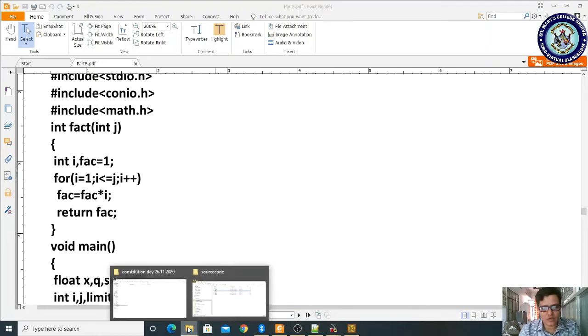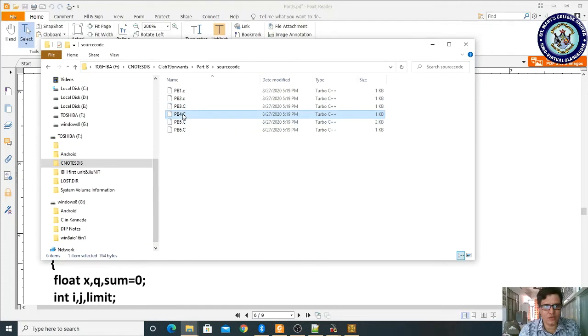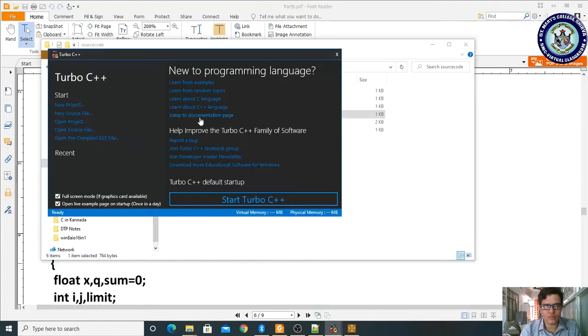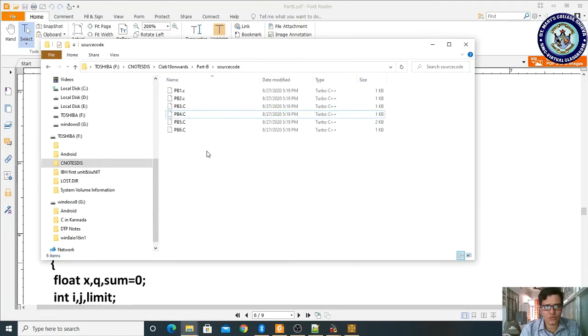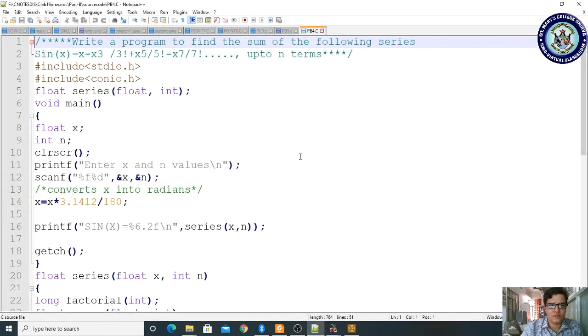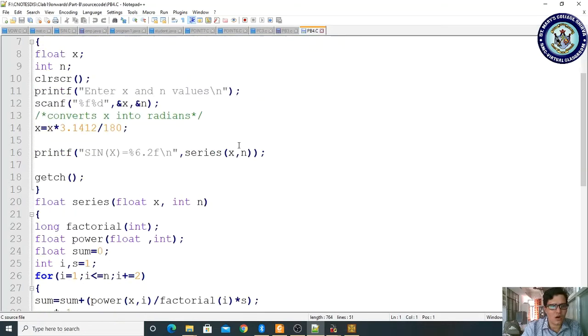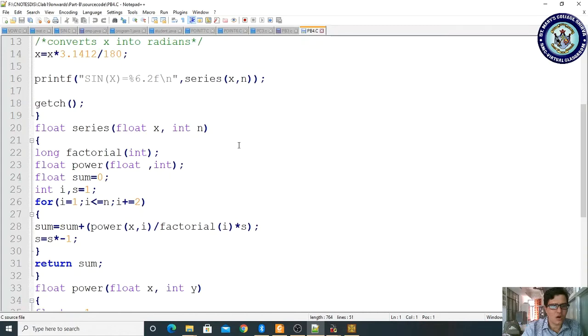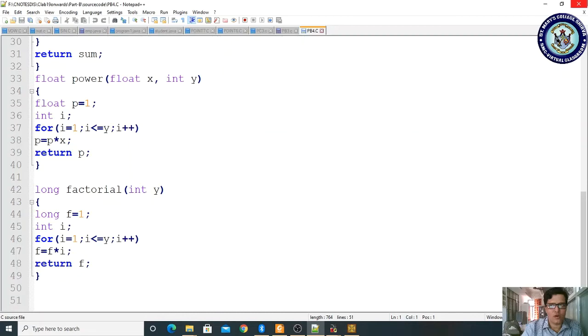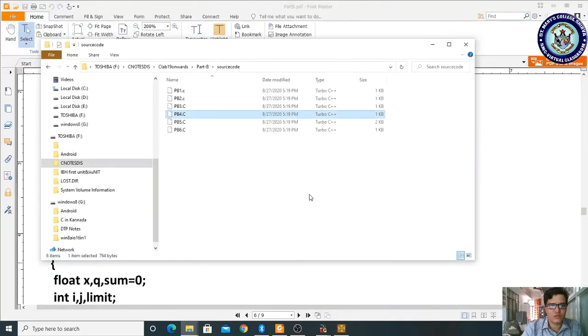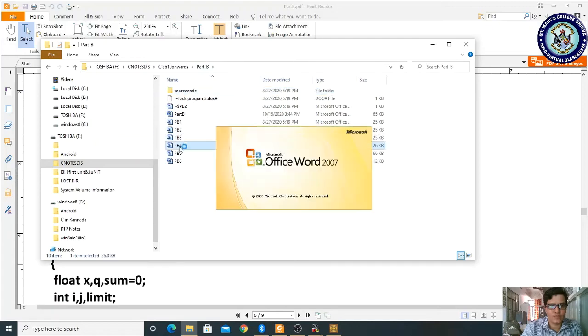Let us see my program, part B. Let me edit it with Notepad plus plus. Sorry, not this one. Let me copy this program, pb4.